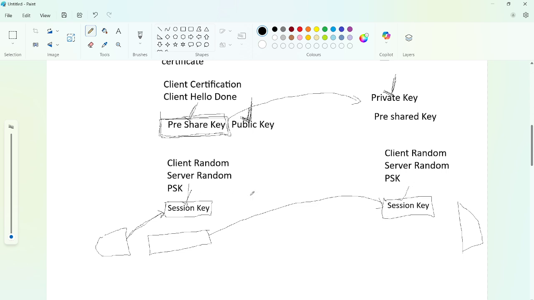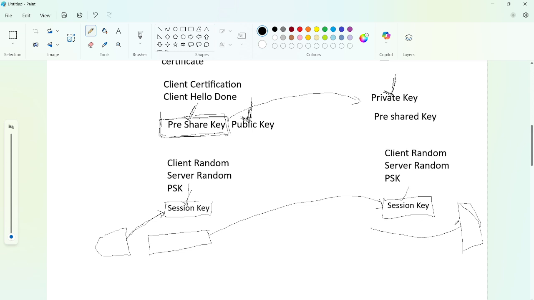So now we have common session keys on the client and server in order to encrypt and decrypt the data, okay? Our actual data will flow in the encrypted format. The session key on the client will be used to encrypt, and the same session key will be used to decrypt the data here. And it will be checking www.tungabhadranetworks.in, and if we have that, the server will respond to whatever request it got.